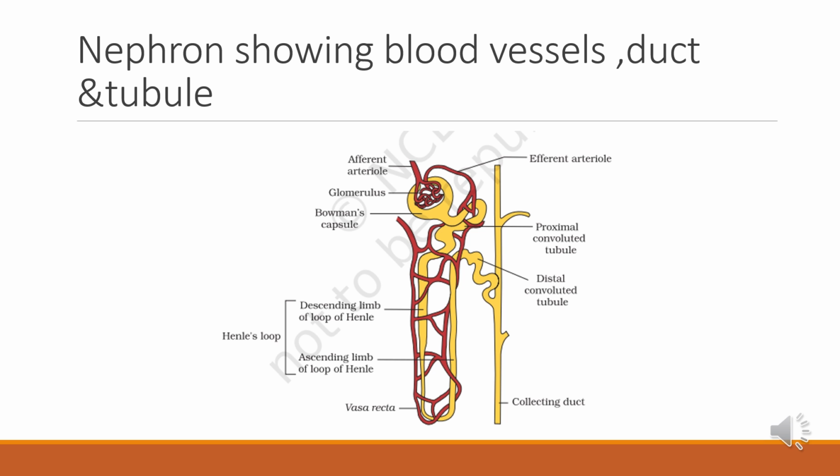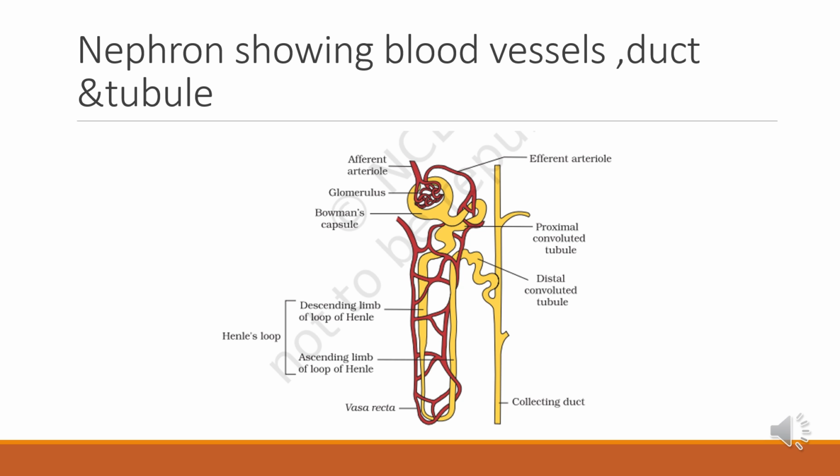Now how are all these working? So Malpighian capsule, proximal convoluted tubule and distal convoluted tubule of the nephron are situated in the cortical region of the kidney, whereas the loop of Henle dips into the medulla. As we studied in the sectional view of kidney, there are two portions. Outer portion cortex, it means Malpighian capsule, proximal convoluted tubule and distal convoluted tubule, all these parts are present in the cortex region. Only loop of Henle is present in the medullary region.